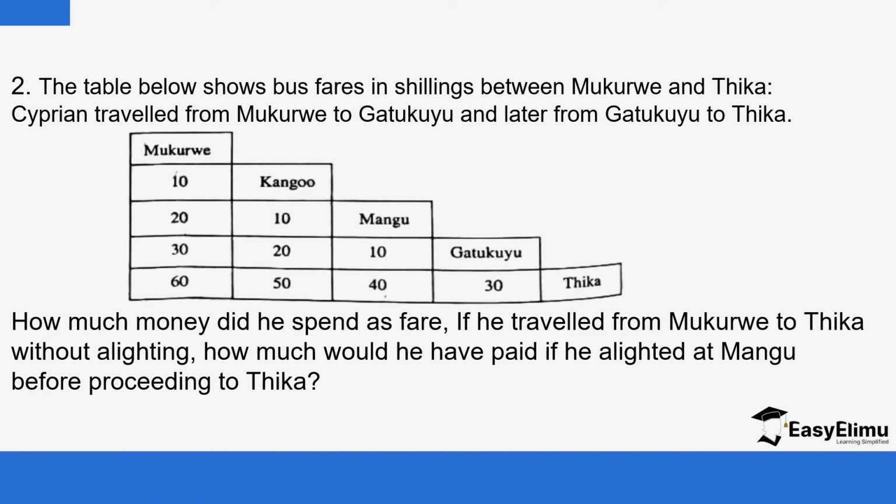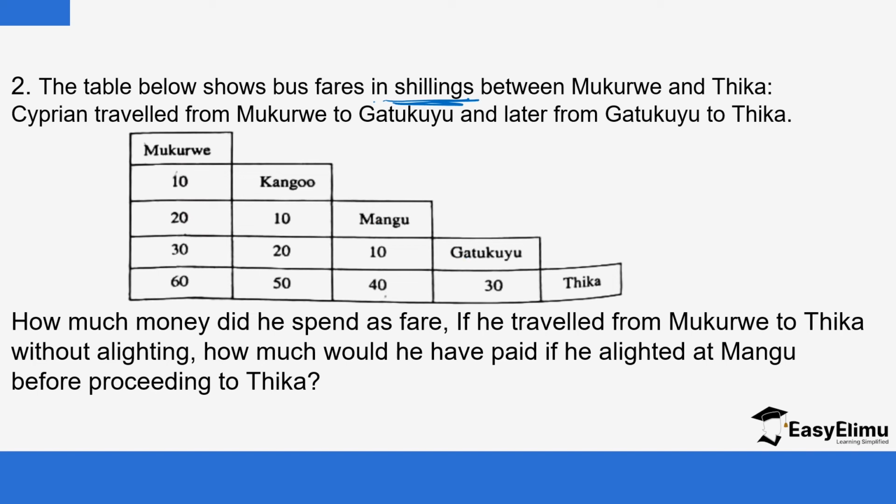Okay, good. So the table below shows, again, this is another example. Bus fares in shillings, again the figures given there are in shillings. And then the journey now is starting. So in this case, the towns are labeled. They have been given names: Mukurwe, Kangu, Mangu,